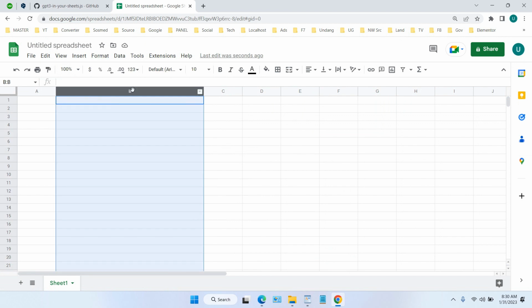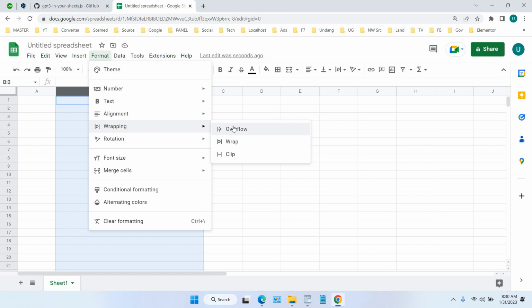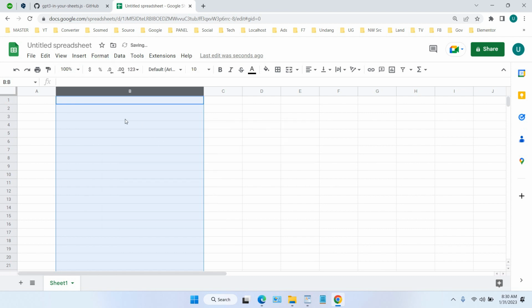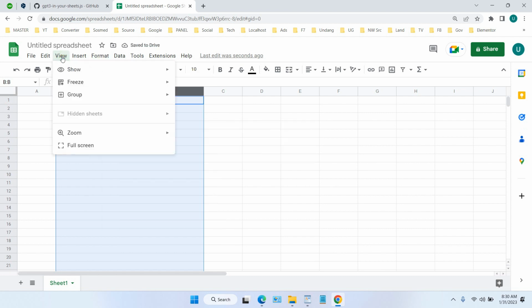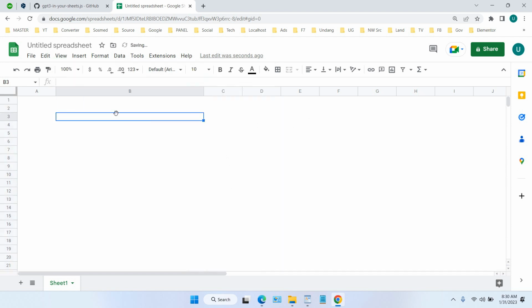Okay, I will wrap all of this column. Wrap, and number two, I don't want to see the ruler or grid lines. Okay, so we can type the command for OpenAI and get the result with more space for the text